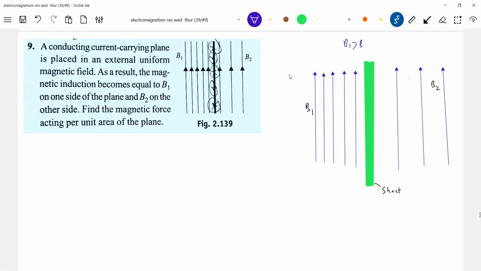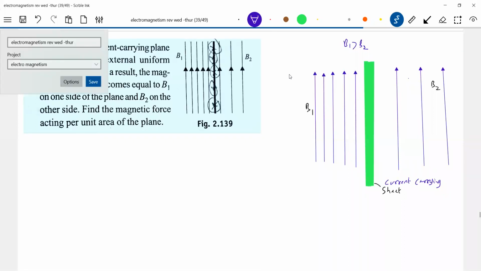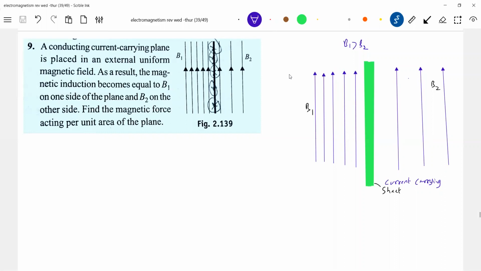The first thing, current carrying sheet. You look at the advanced papers, till now we don't have questions on magnetic pressure. So there is every possibility of asking magnetic pressure. Please do revise the things which have not yet appeared till now. I'm not talking about weekend final exams.